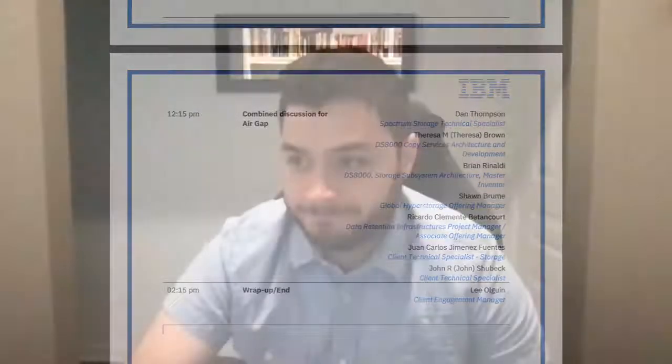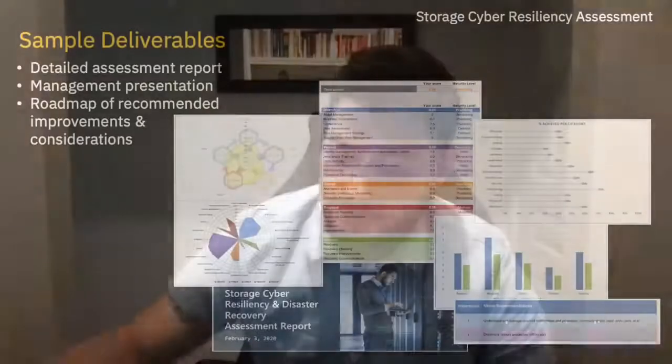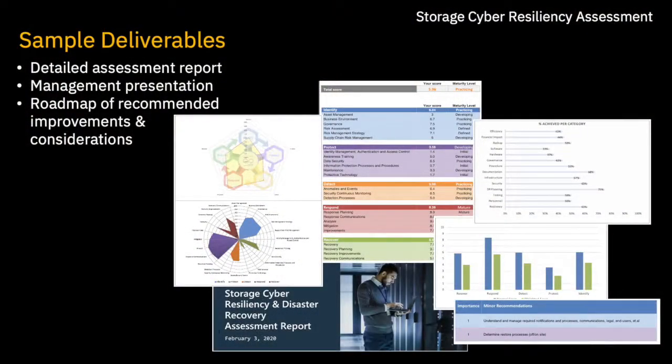Right. So how do you engage this tool, this assessment? So it's actually very simple. The customer only needs to reach out to whoever's in charge of their account from the IBM side, that being a client exec or a client rep, and pretty much reach out to me and schedule a time to do this. It's fairly simple to complete. It only takes about 2 hours to go through the questions, and we can pretty much right after we finish them give some sample results, kind of look at what the assessment is pointing to.